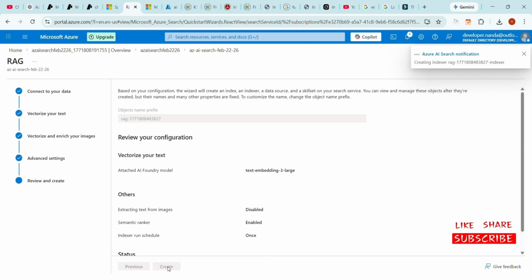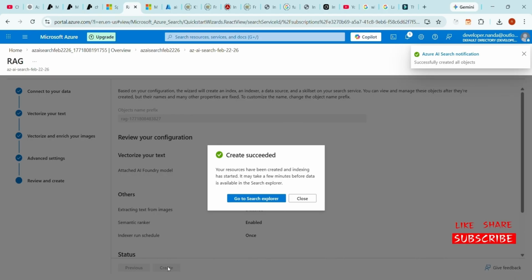Now, step 4, this is the vectorization process. I'm just recapping it. Step 1, we created Azure AI Search. Step 2, we created the Azure Blob Storage account. Step 3, we uploaded the PDF file to the storage account. And then step 4, in the Azure AI Foundry, we created a text embedding model. In Azure AI Foundry, you can deploy any model, any custom model you want. And the next step,